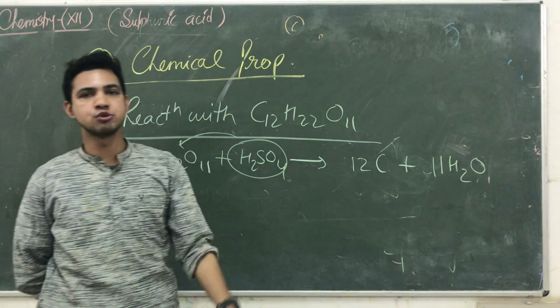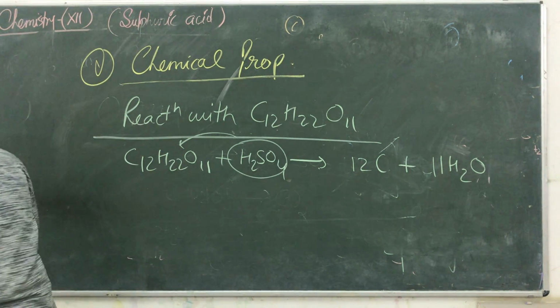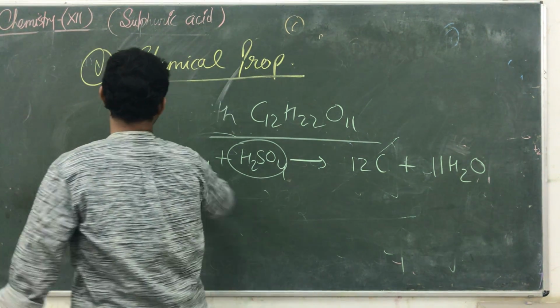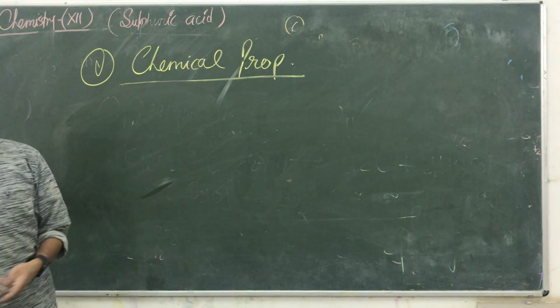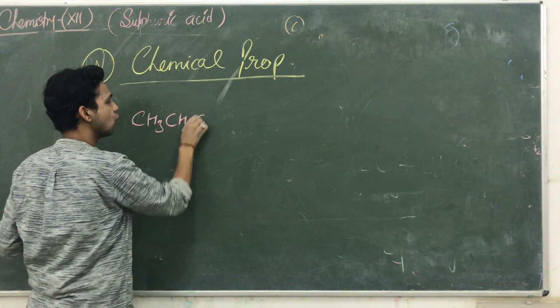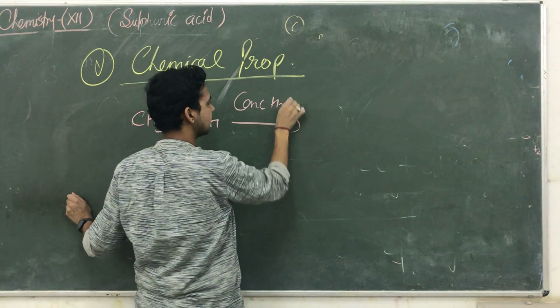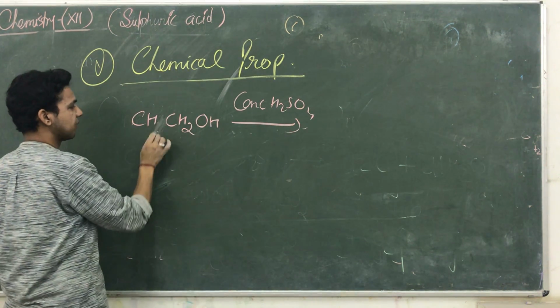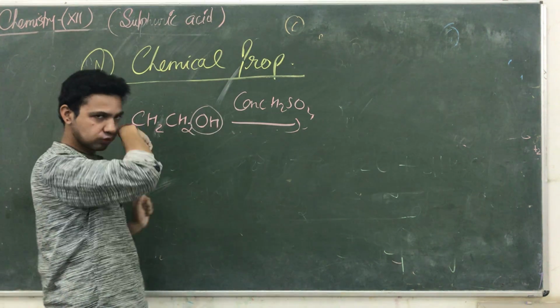So that's why it is also used as a dehydrating agent. Dehydrating agents के बिहाफ पे आपने और कुछ रिएक्शंस करी हैं in case of the organic compounds. In case of the organic compounds, अगर मैं लूँ यहाँ पे CH3CH2OH, अगर यहाँ पे आप concentrated H2SO4 लेते हैं, so what happens? एक H यहाँ से जाएगा और एक OH यहाँ से, तो क्या निकलेगा आपका